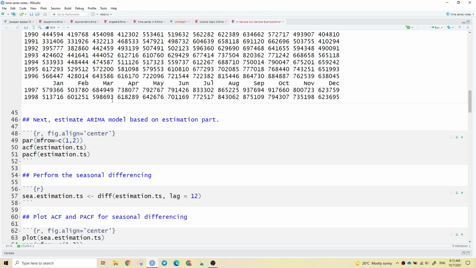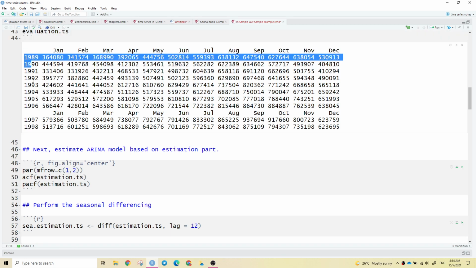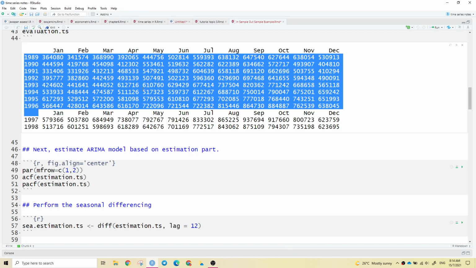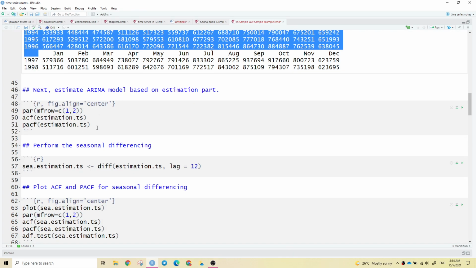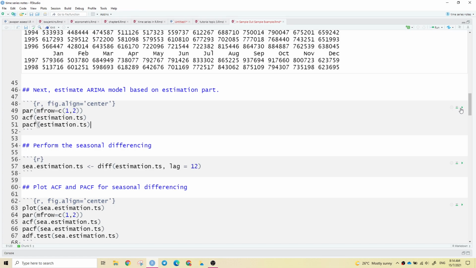Okay, now it is time for us to estimate the ARIMA models, to identify which is the best model to represent our series. For the first part, we use the estimation series. This is the first part to identify the ARIMA. So we perform the ACF and PACF